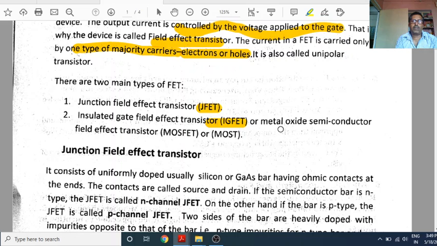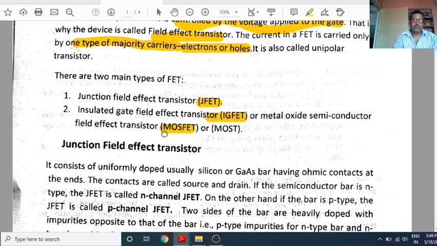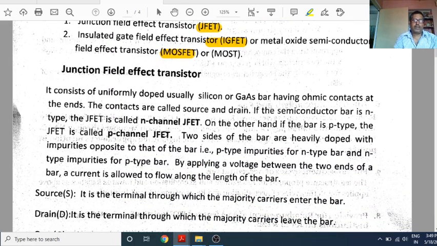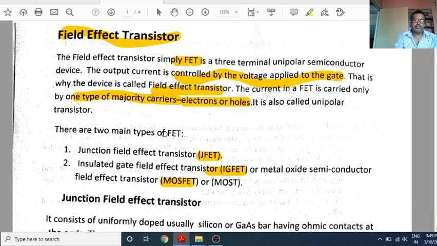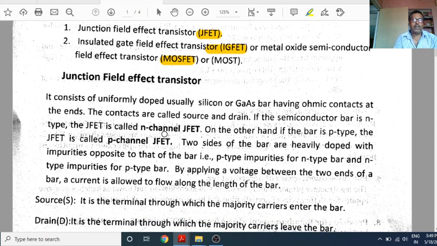Most commonly call it metal oxide semiconductor field effect transistor, MOSFET. I think you have heard the name of MOSFET. So our focus will be only on JFET. In today's video, focus will be on the JFET.